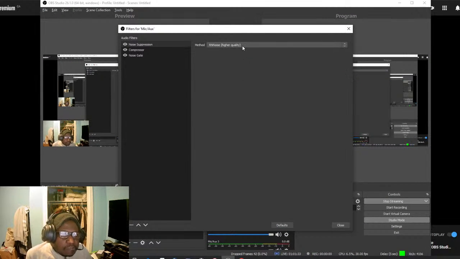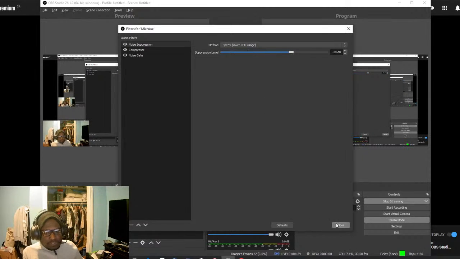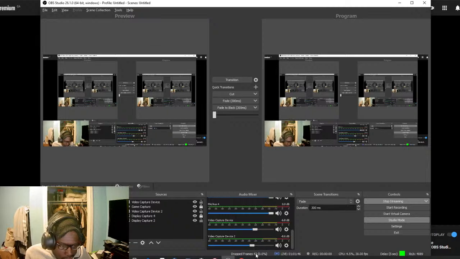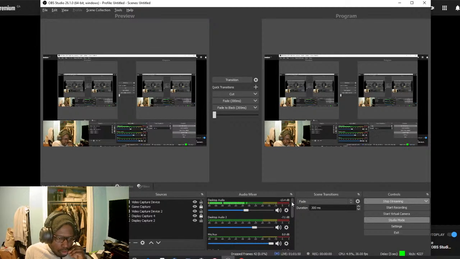Now, once you open up your noise gate, let me explain this a little more. Being someone who loves audio, I try to make my audio sound as good as possible. I'm not saying this is necessary, but let me explain why it would be. So a noise gate allows you to, like when you're silent, like when you're not saying anything during your stream, you're in an intense moment, something's going on, your dog's barking,